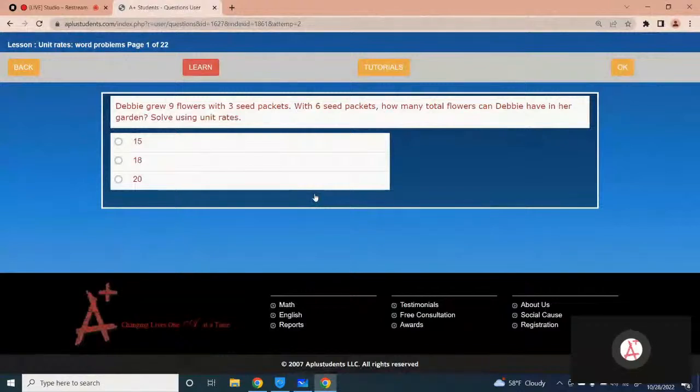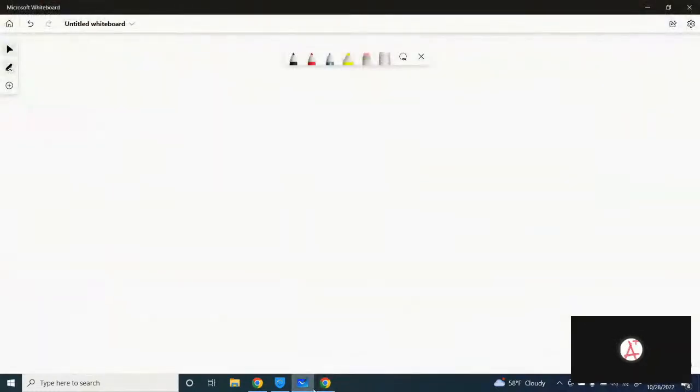Okay, Debbie grew 9 flowers with 3 seed packets. With 6 seed packets, how many total flowers can Debbie have in her garden? Okay, so the first one is 9 flowers and 3 seeds. Got it? So let's find the unit value. So you can find the unit value by the